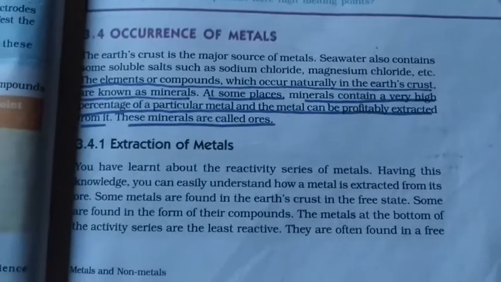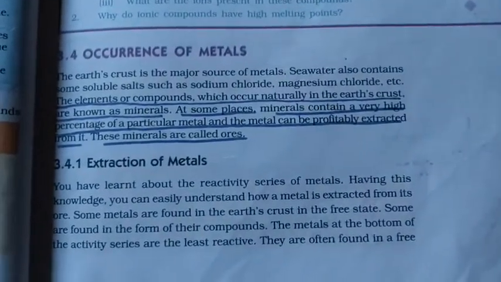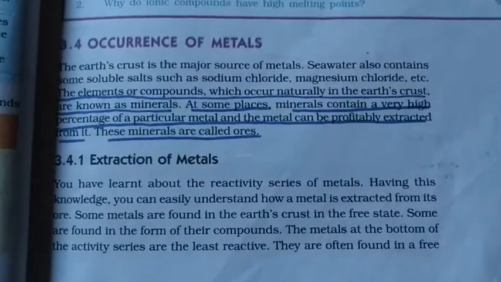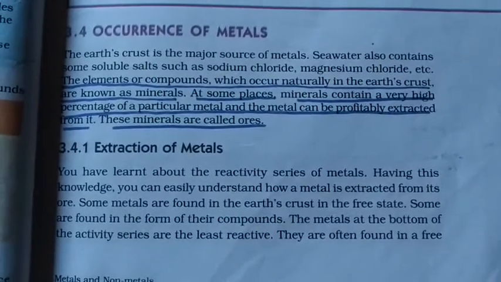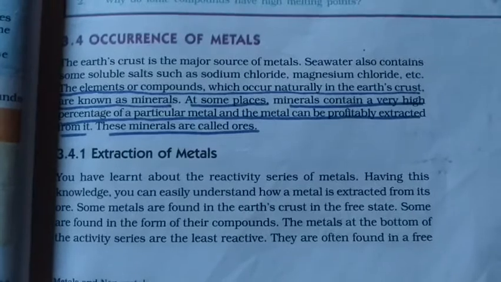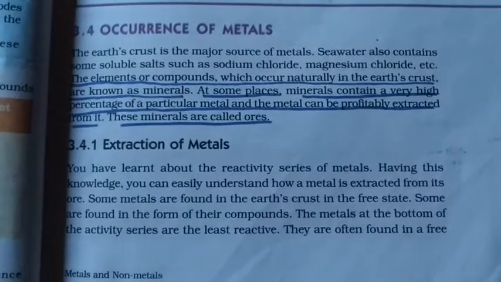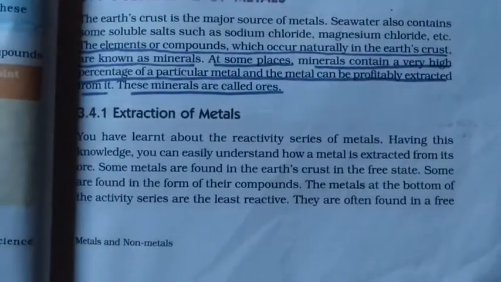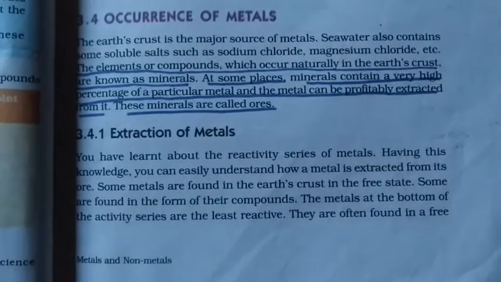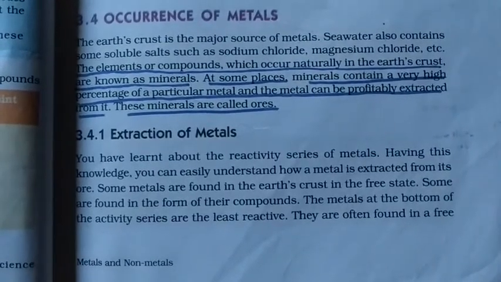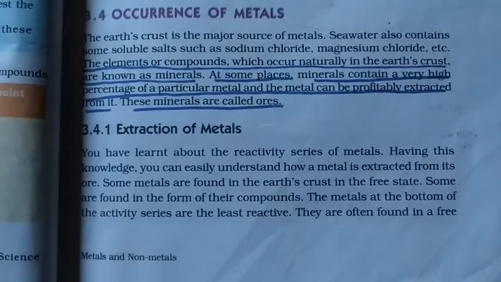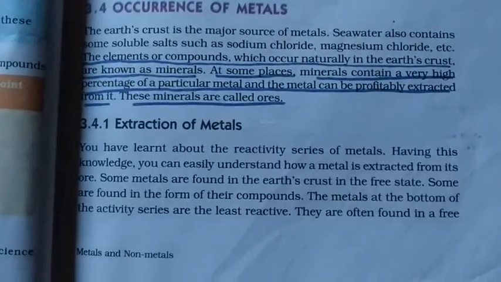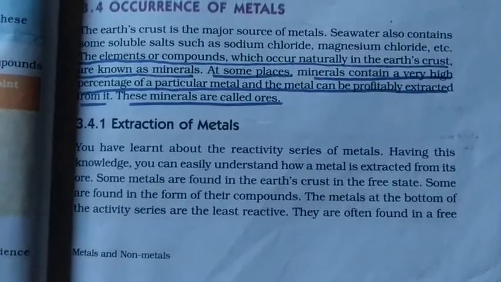So when we are going to extract any metal from this mineral, we must get the profit, right? If we don't get the profit, then what is the need to extract it? If we are going to extract it, there must be some benefit, advantage must be there, right? Now from all these minerals, it is not possible to extract a metal profitably. So those particular minerals from which we can extract a metal profitably are termed as ore. The minerals from which we can extract a metal profitably are known as ores.